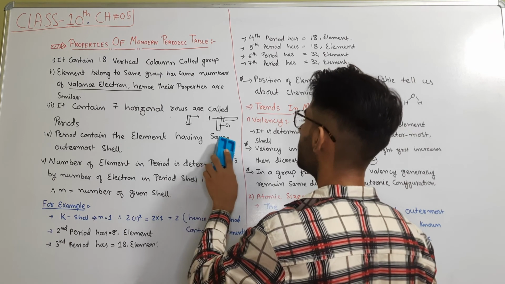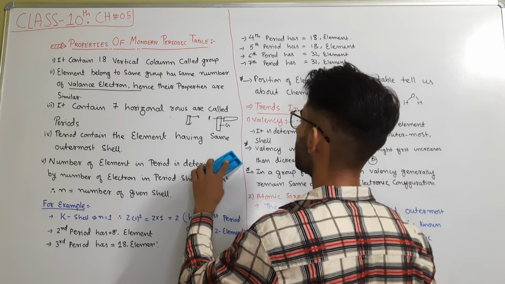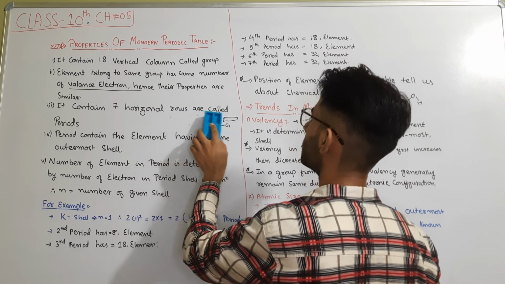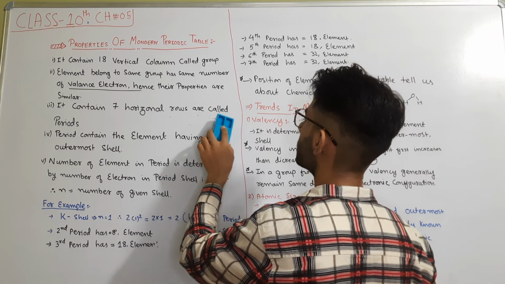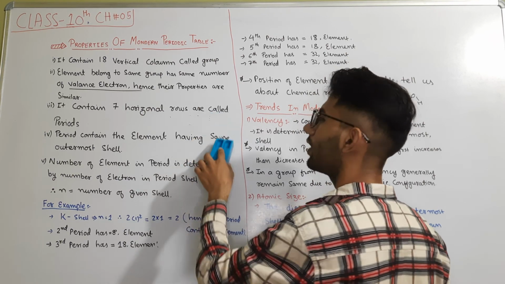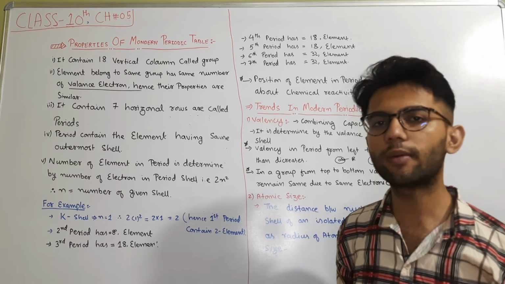As we have classified these things in the Mendeleev periodic table, the same was the concept in the modern periodic table, but there is an exception. The explanation behind the repetition of the same physical and chemical properties is different. Earlier we said that the physical and chemical properties are dependent on the atomic mass, but now we have said that the physical and chemical properties of the elements are dependent on the atomic number.